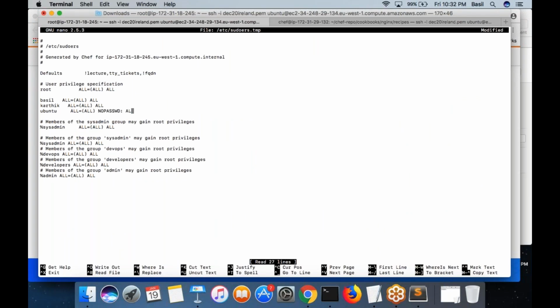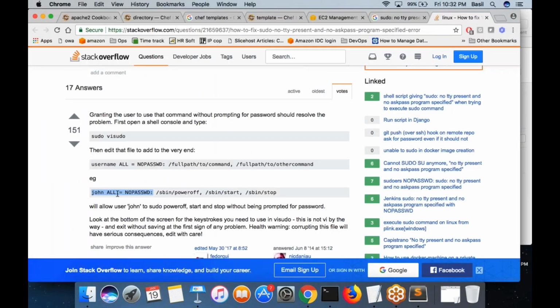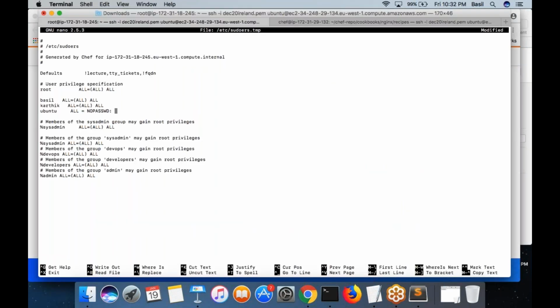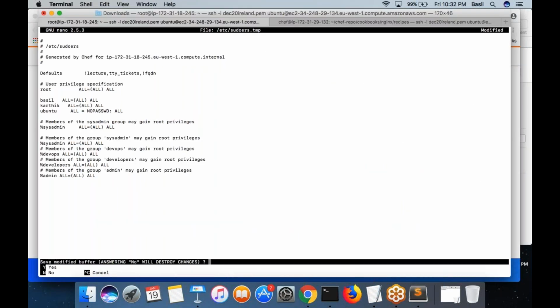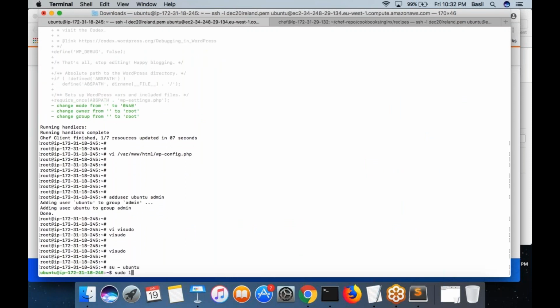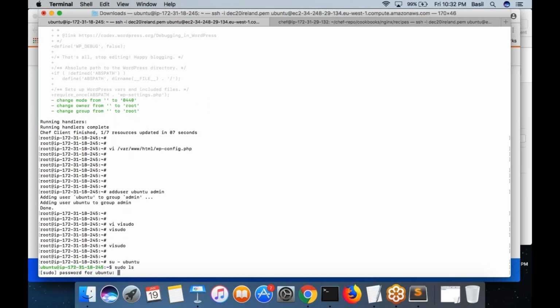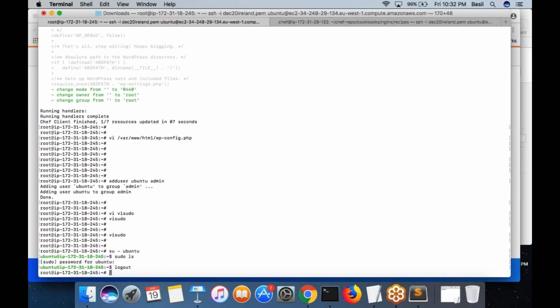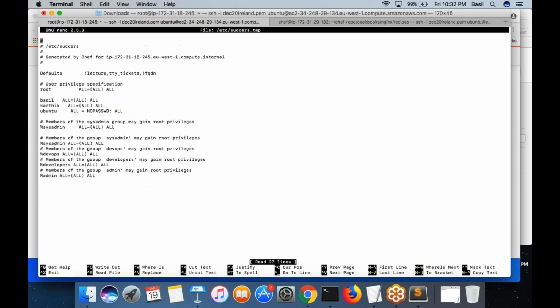Let's try this. Just making sure, if you switch to ubuntu and then run the sudo command, it is asking for a password. This is the problem. It should not ask for a password.